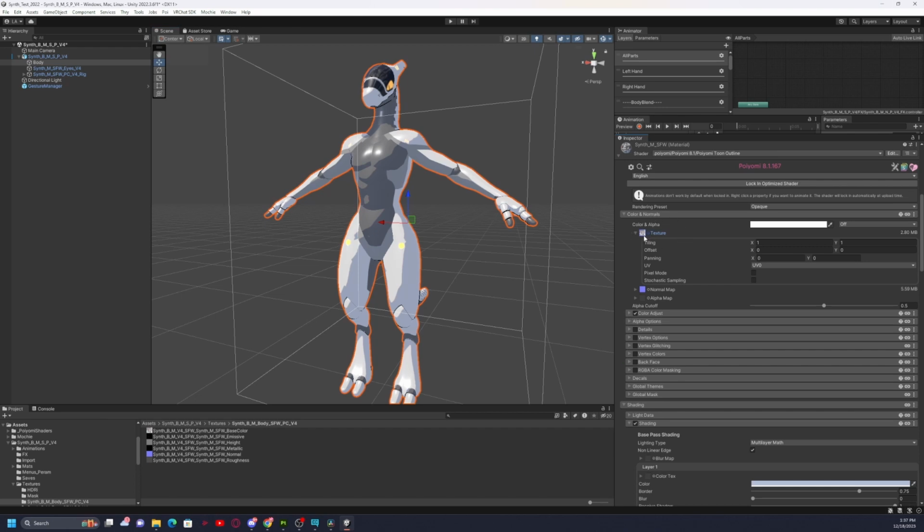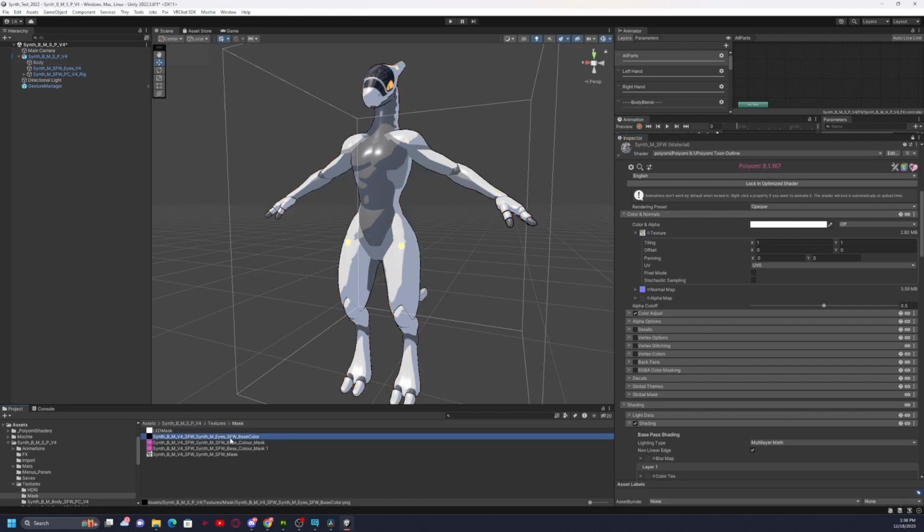So if you want something custom or you want to use your own colors, you just replace this. If you don't, then you just put back the default one, which is in masks. Also, if you're going through folders and you're tired of this going away, just press the little lock button. You go to mask or whatever you want to go, select it, put it in, and now it won't change,